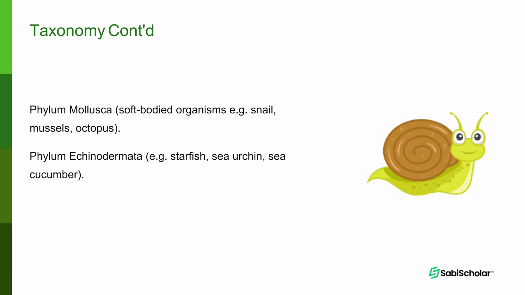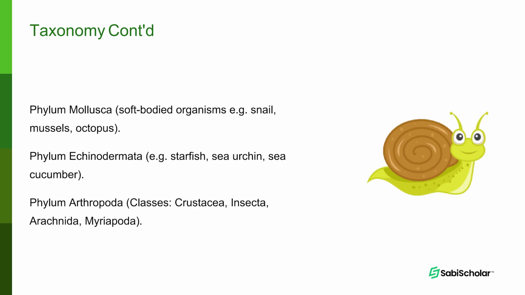Then we go to the phylum Arthropoda. This is the largest phylum in the animal kingdom, and it is divided into 4 classes. That is class Crustacea, Insecta, Arachnida, and Myriapoda. But generally, in this phylum, their bodies are usually segmented with an exoskeleton that is made of chitin, and they have